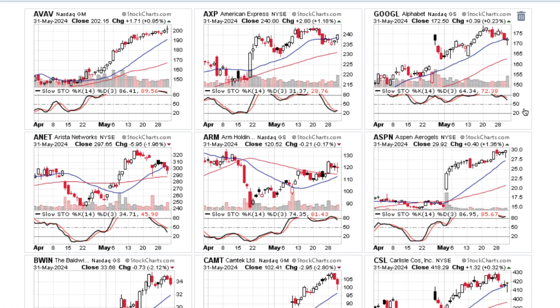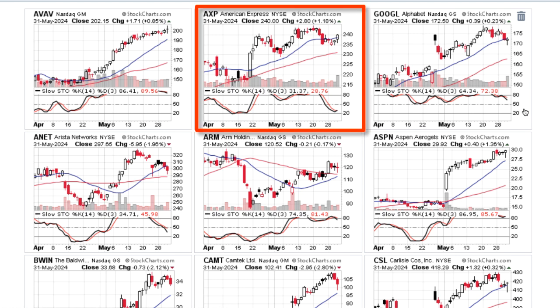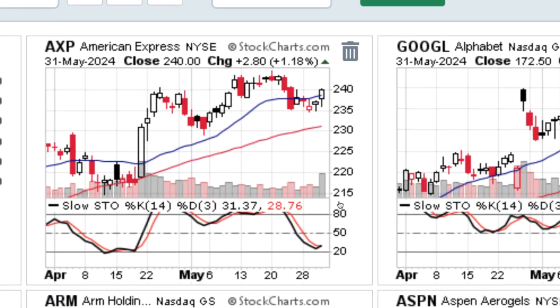Many of the IBD 50 stocks that we're looking for follow-through over the last couple of weeks, like American Express, showing stochastics finally got oversold. Volume was well above average on Friday. With stochastics turning, American Express most likely will continue its move back above the 21-day and retest the highs. If financials continue to see strength like they did on Friday,